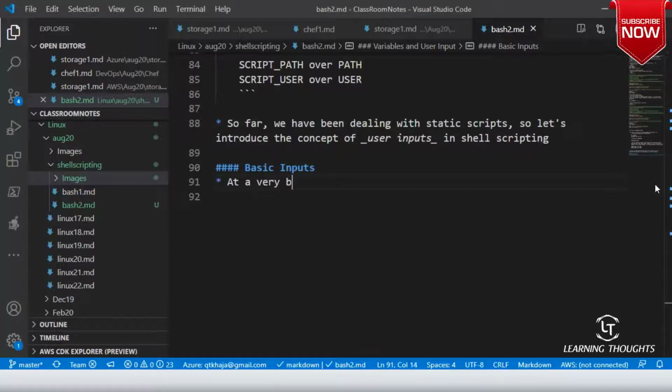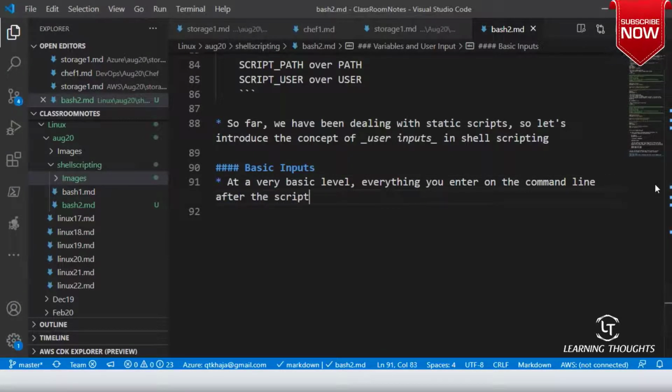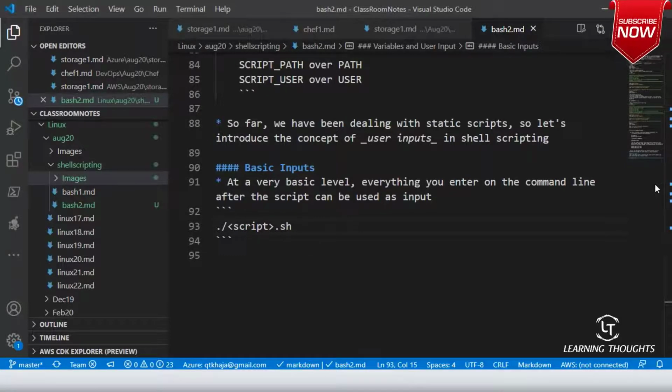At a very basic level, everything you type or enter on the command line after the script can be used as input. For example, for executing scripts we use dot slash some script dot sh, and after that I can pass anything. I can pass hello.